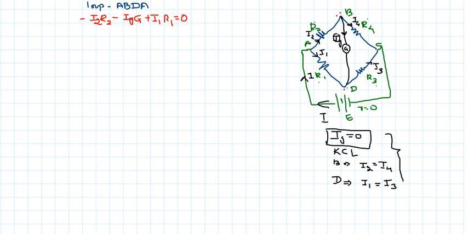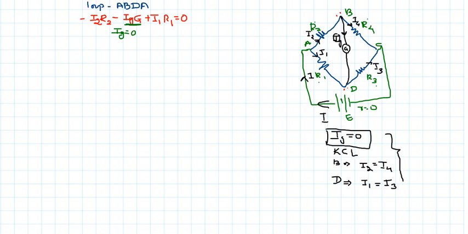It is 0, but there is one special condition. We are solving all this information at which condition? The balanced condition. When it is balanced, the galvanometer current becomes 0. Therefore, Ig is equal to 0. Wherever you are having Ig, multiply with what? 0 with the G, right? On substituting Ig as 0, that term will vanish off.